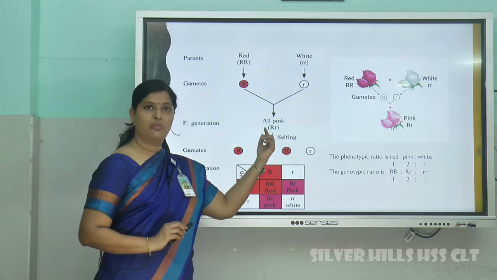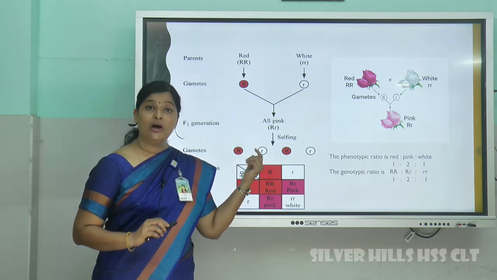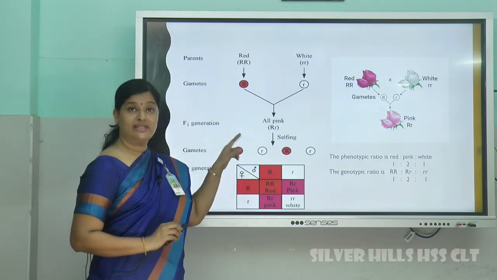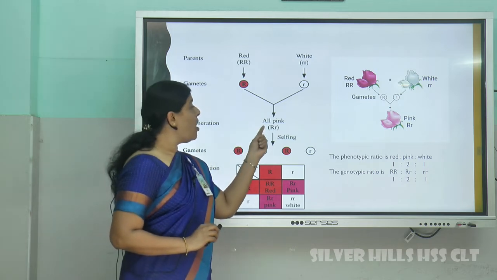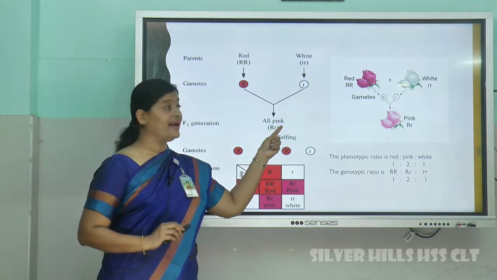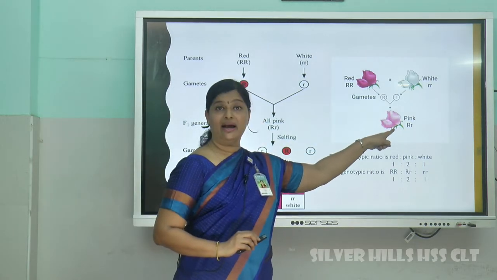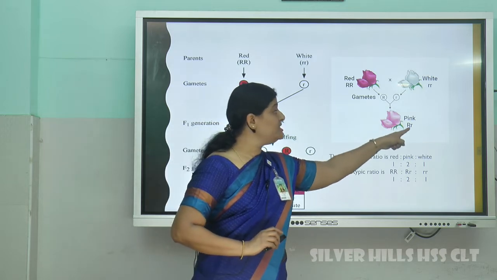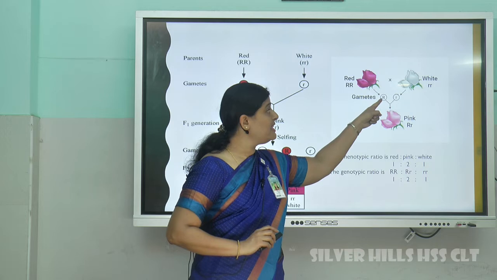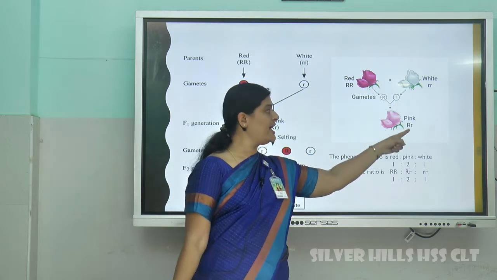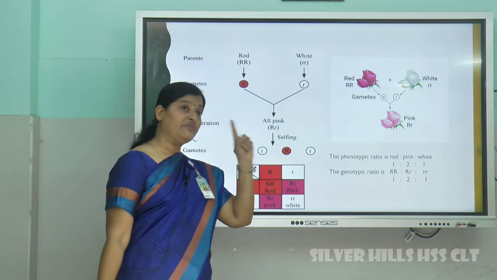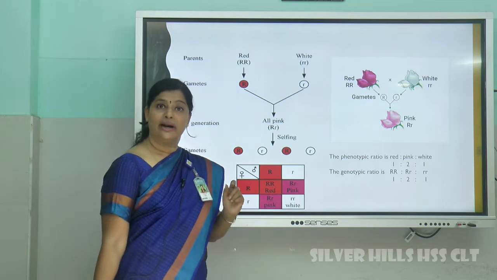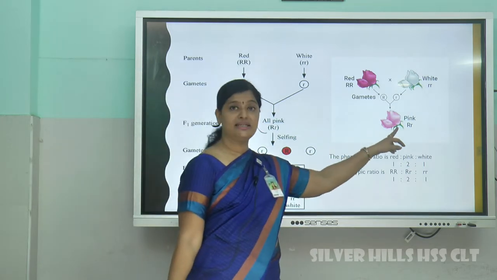And when they are cross-pollinated, what do we call that generation? We call that generation the F1 generation. So let's see what is the nature of F1 plants. All the F1 plants were pink in color. You can see the color, isn't it? Pink in color. If it is following the law of dominance, from this parent it has got capital R, and from this parent it has got small r. So capital R small r stands for what? Red color. But here what we get is pink color.